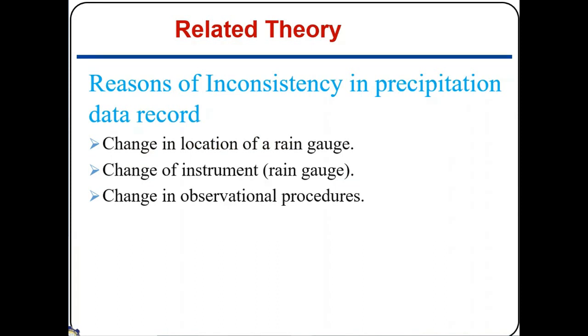Reasons of inconsistency in precipitation data record. अब क्या क्या इसमें जो है पॉसिबल रीजंस हैं. नंबर 1, चेंज इन द लोकेशन ऑफ रेन गेज. तो एक इसमें ये है कि रेन गेज की लोकेशन चेंज हो गई, या आप कह लें, अगर हम कह रहे हैं कि रीसेंट डाटा, इफ द रीसेंट डाटा इज कंसिडर्ड कंसिस्टेंट और करेक्ट एंड द ओल्ड डाटा इज इनकंसिस्टेंट